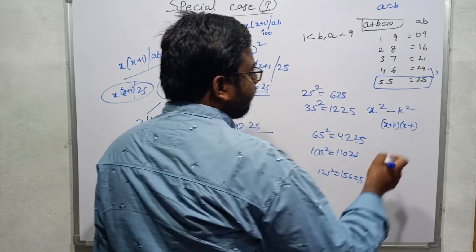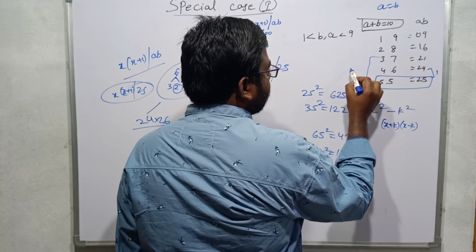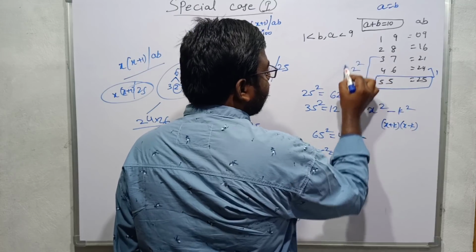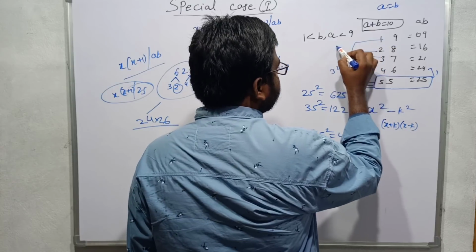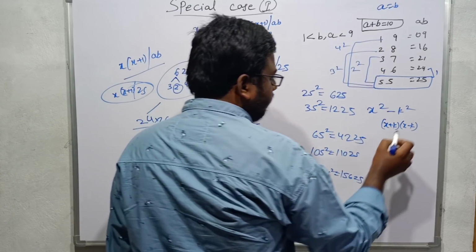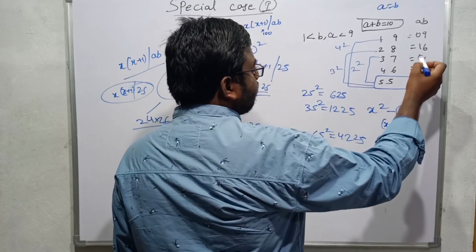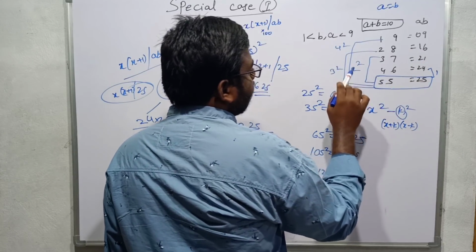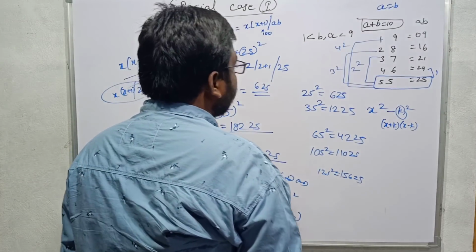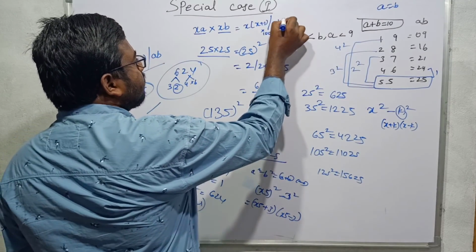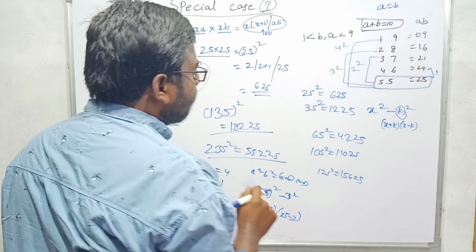So if you find the difference between 25 and 24, it is 1, this is nothing but 1 square. 25 and 21, this is 4, that is 2 square. 25 and 16, this is 9, that is 3 square. And 25 and 9, this is 16, that is 4 square. So everything, this k square value, here 1, 4, 9, 16, is always a perfect square. So we are getting the x into x plus 1 beside AB as a composite number. This is the main reason behind it.